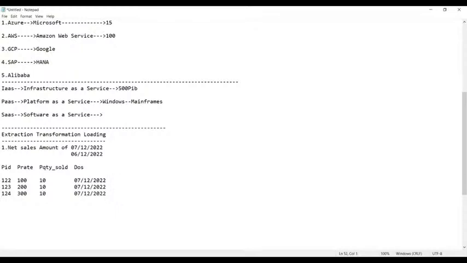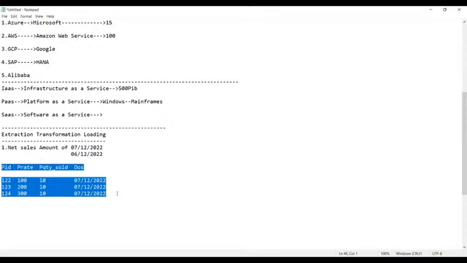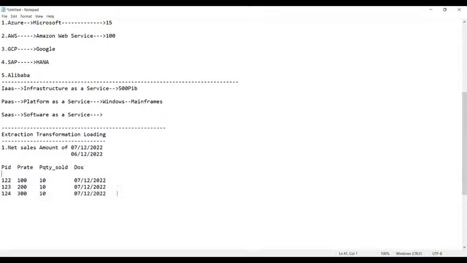Now everyone, just have a look here. This is the data we have collected from the 7th day of December 2022. Now, let us do one thing. I have another day's data, that is the 6th day data. Let us just change the date here. Can you see here? This is the data we have.